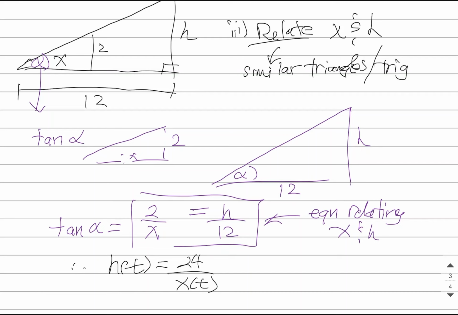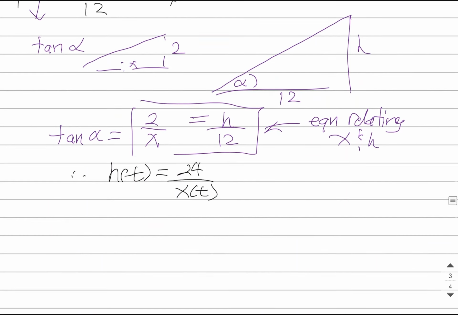So that means when x gets larger, so as x gets bigger, the man moves away from the light, the shadow height will decrease. It will get smaller. And that agrees with your intuition, right? The further away you are from the light, the smaller the shadow will be. But if x of t gets smaller, if the man gets closer to the light, then the shadow will get larger. And that's exactly what this equation is telling us. The 24 is there to try to get the precise details correct